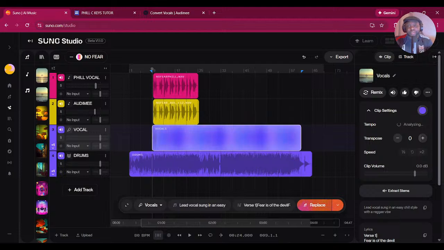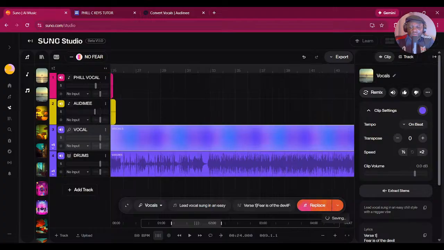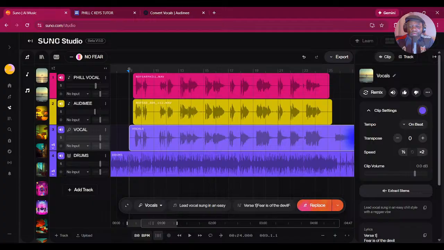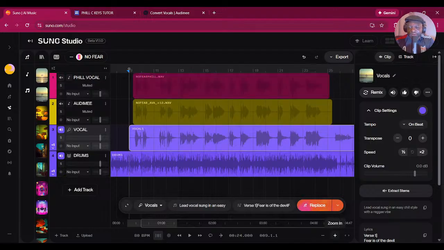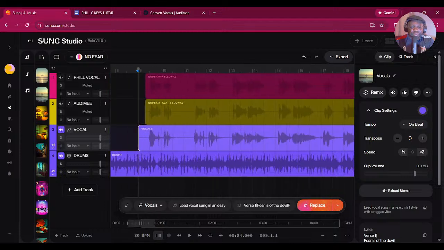Just like the drums gave me bass. I didn't want bass. But like I said, SUNO Studio isn't exactly there yet, but it's getting there. All right, so this is another vocal, and why I like prompting SUNO to give me other vocal alternatives is I like hearing the ideas that it comes up with. Yes, it's my own song, but I really like SUNO's ideas.